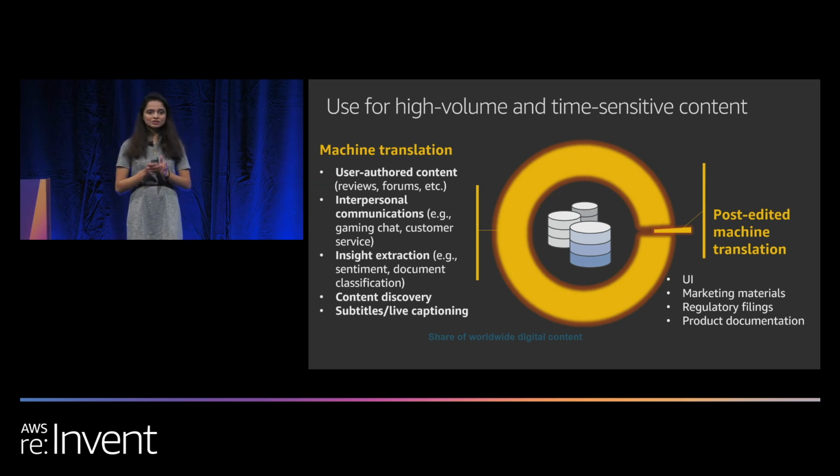And also, you can use Translate along with human translation. For example, you have some super critical document that needs to have a certain kind of style. It needs to be perfectly translated. That's when you will probably use a human translator, right? So while using a human translator, you can use Amazon Translate to give you the first draft of it. It could translate first and give it to the human translator, who can then go through the document and improve the accuracy and style of it. So you can use it along with human translation. And that's typically useful for regulatory filings and marketing materials and your UI.